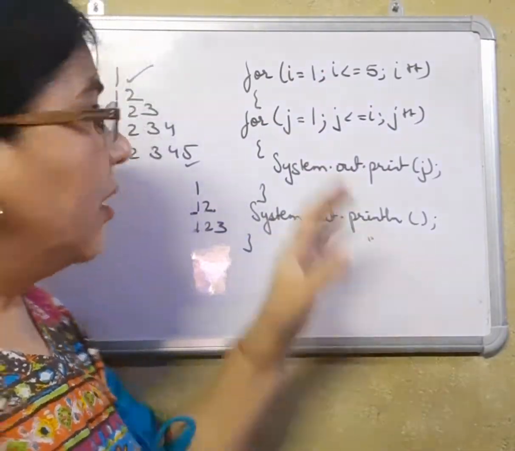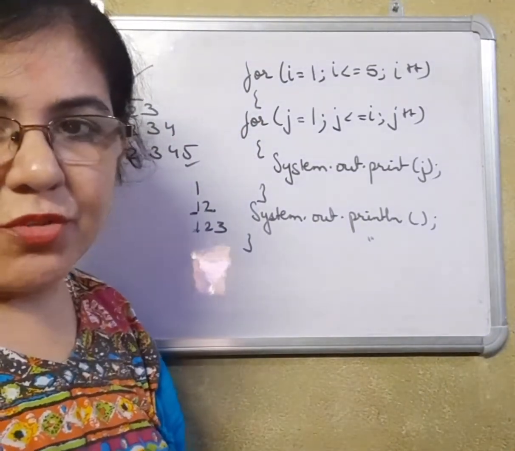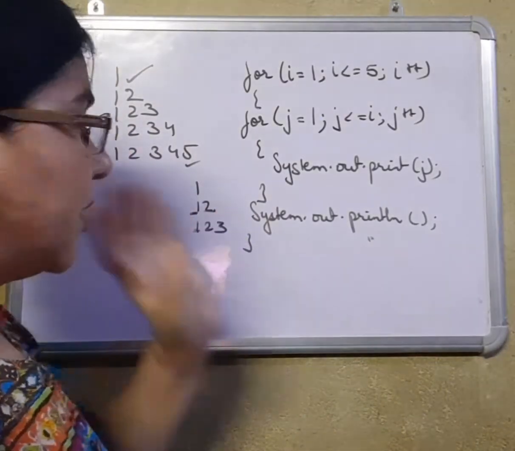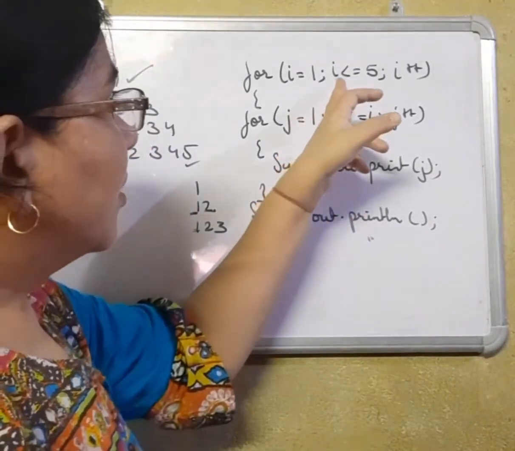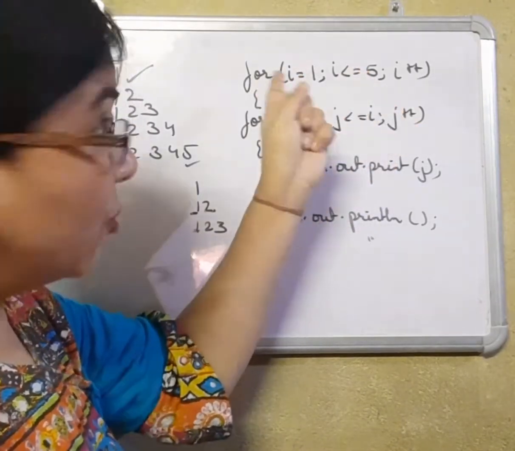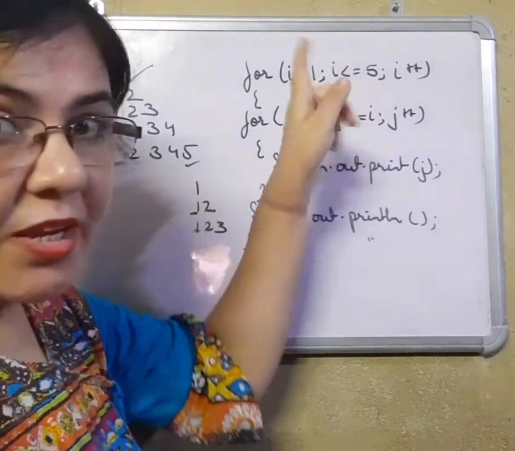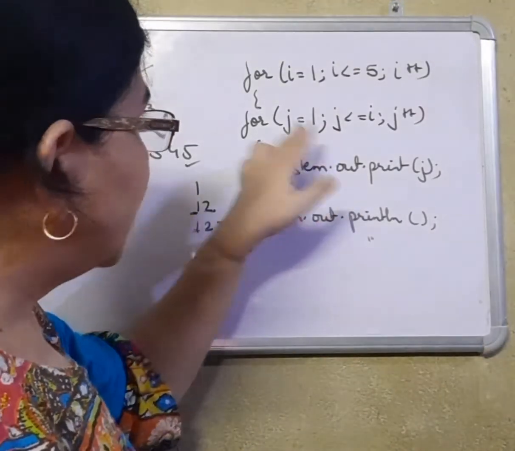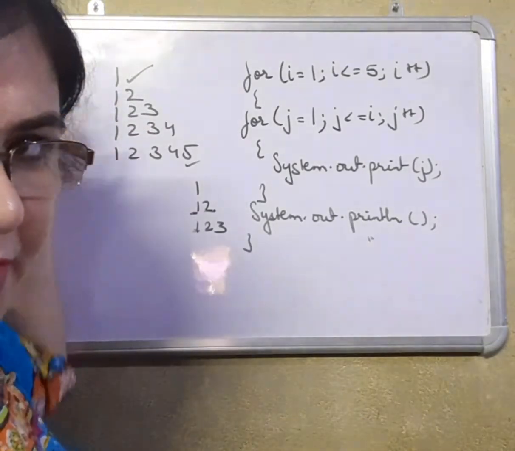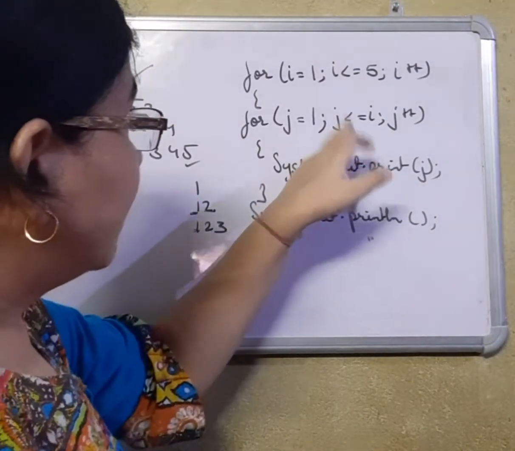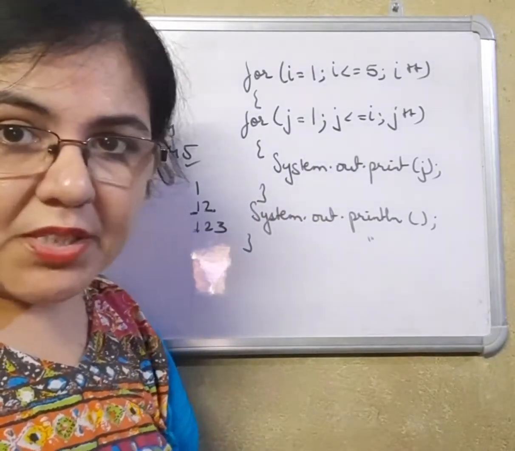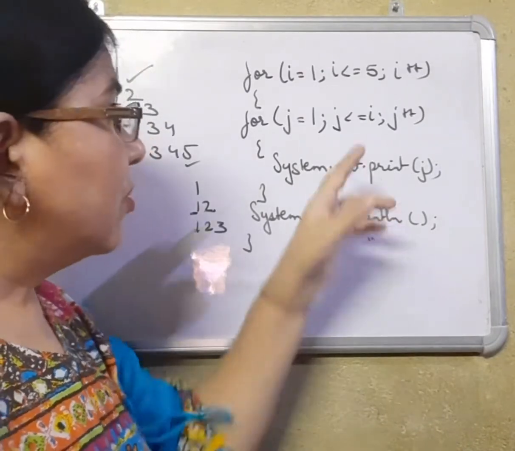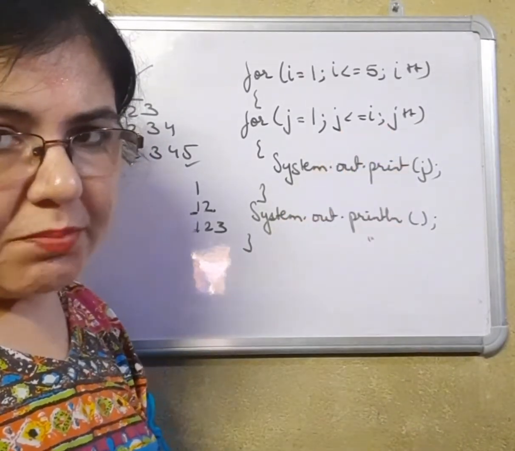What did we do? We looked at the last limit of the first line, 1, and gave it as the initial value to I. The last limit of the last line is 5, so that will be the condition for I: I less than equal to 5, and increment the value of I. J will always look at the starting value of each and every line, which is 1, and J will always depend on I. Since J always starts with 1 but I keeps on incrementing, it becomes 2, then 3, and so on. So J is less than equal to I and J plus plus.